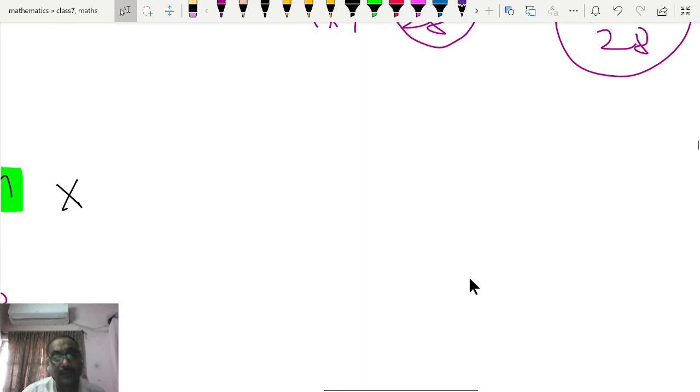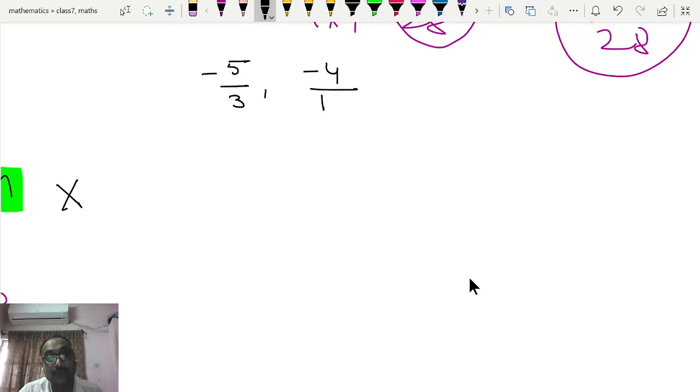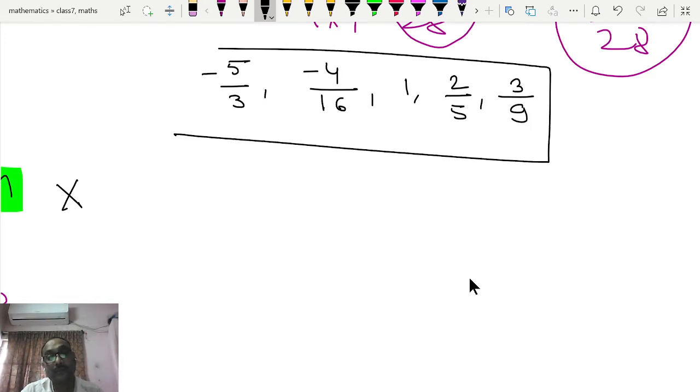Let's suppose you have been given minus 5 by 3, any positive or negative number we are writing here. 5 by 3, minus 4 by 16, 1, 2 by 5, and 3 by 9. Okay, and now you have to arrange the given rational numbers in ascending as well as